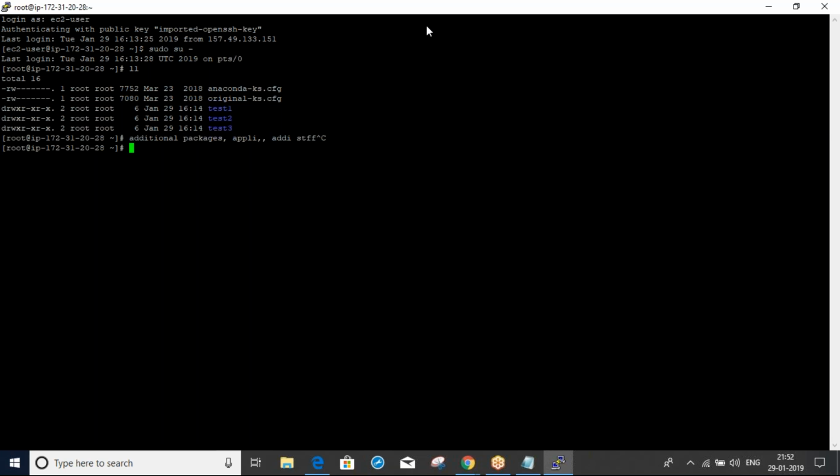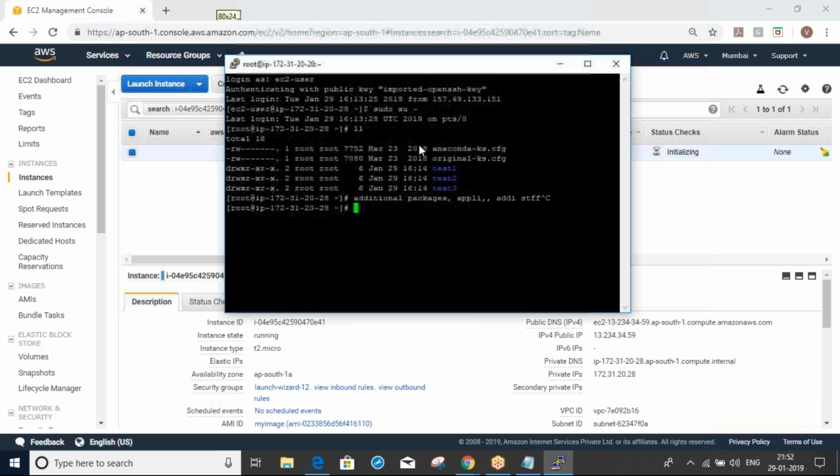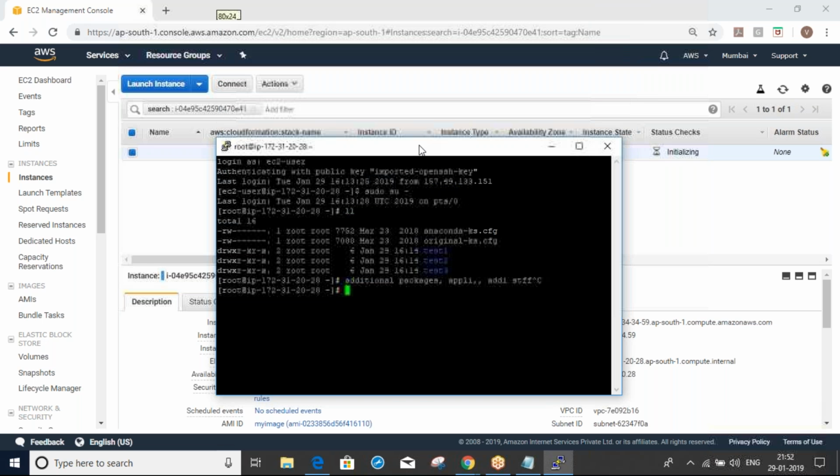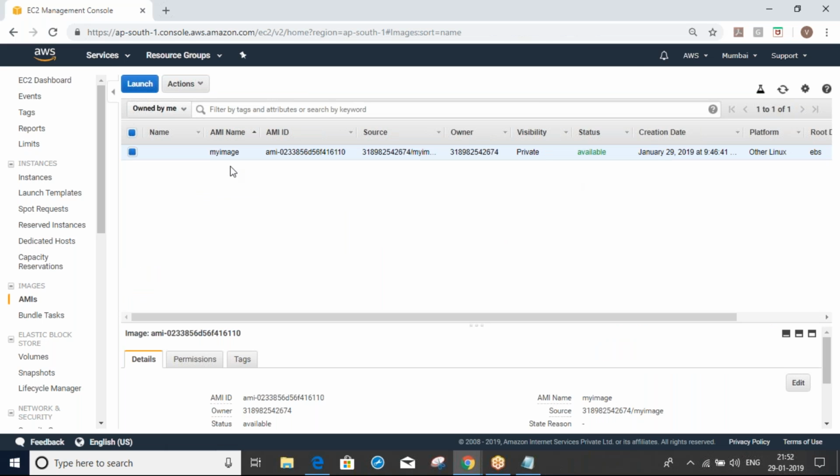So like this, we can create the images. In the future, if I get any request to create servers, I will create my new servers using this image. So you can see here